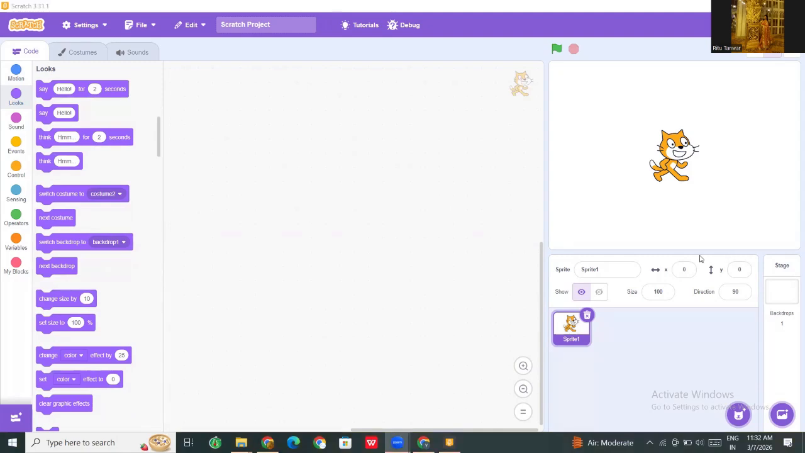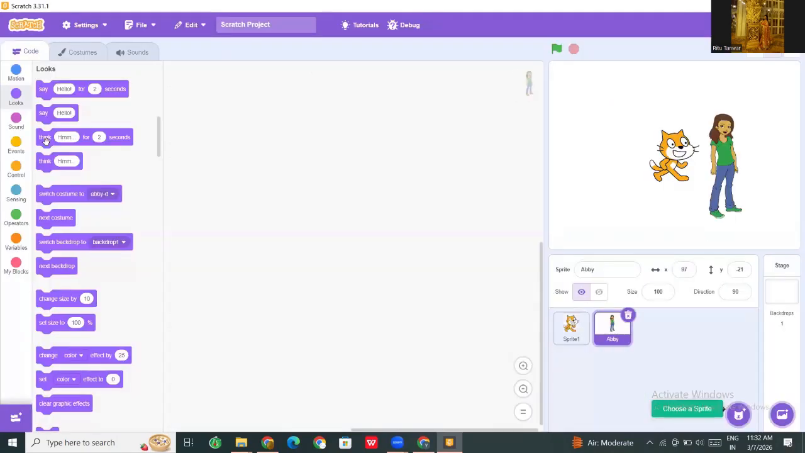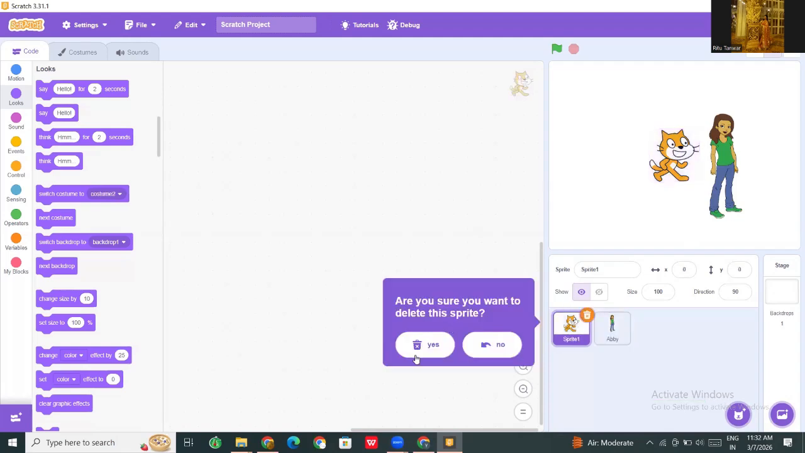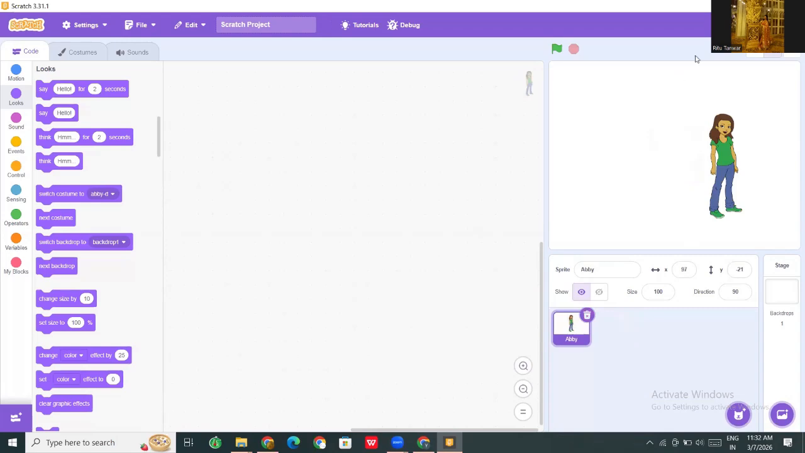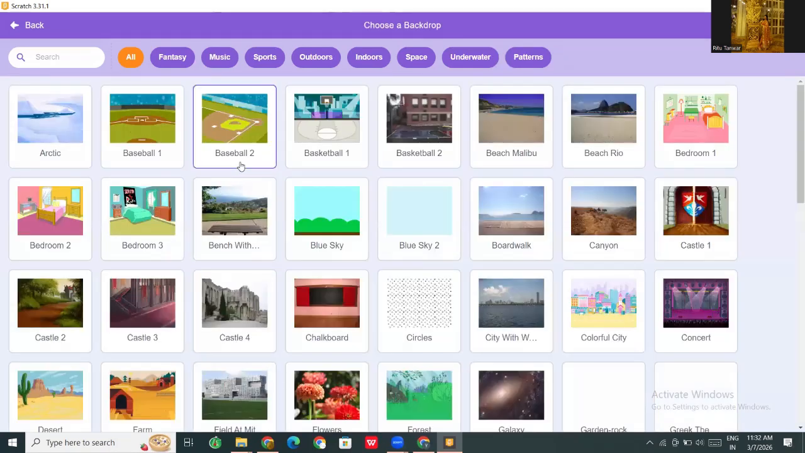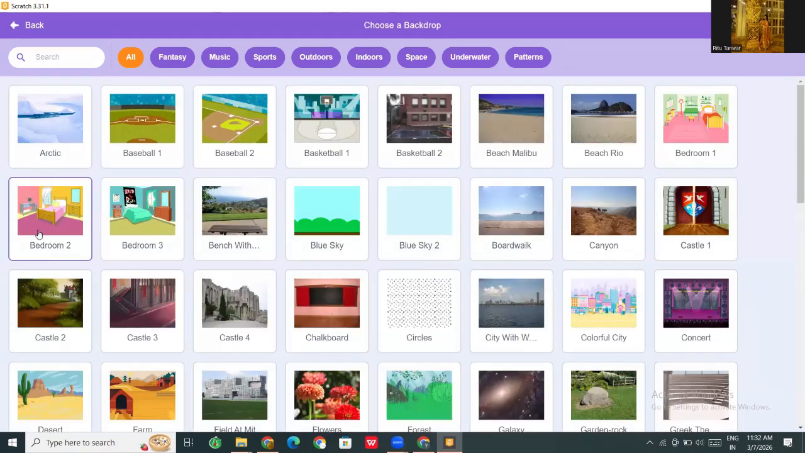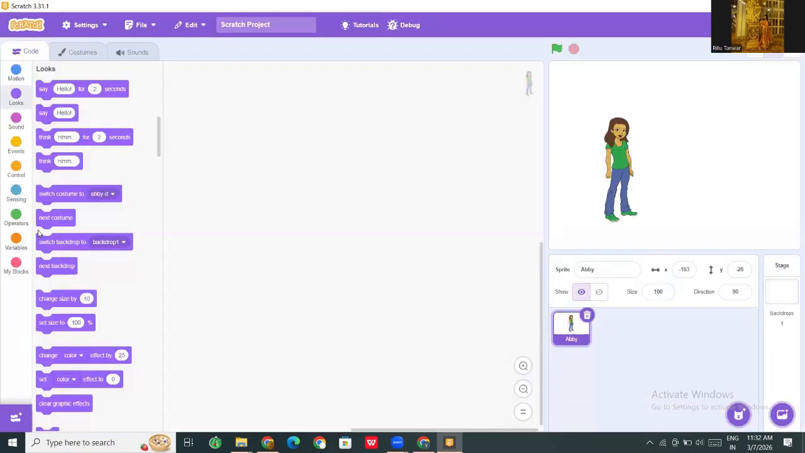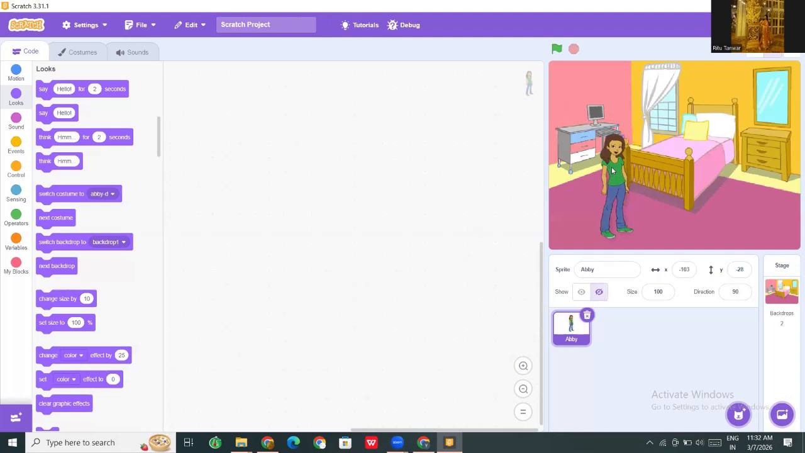In this project, let's change our sprite here. Okay, and delete this cat. Okay, so this is our new sprite. Let's change sprite. This is cool. Okay, so now go to the looks block and drag this say hello for 2 seconds and place